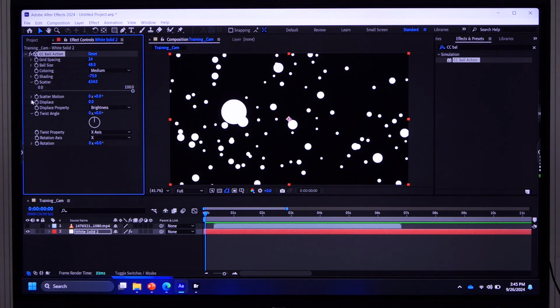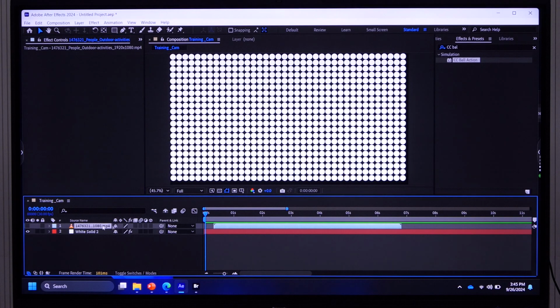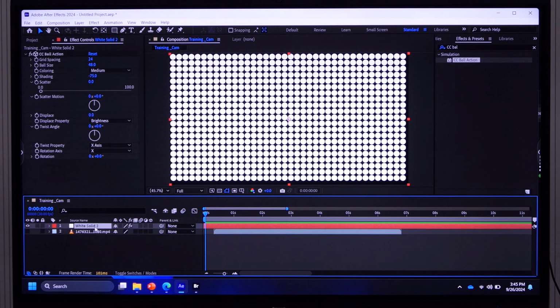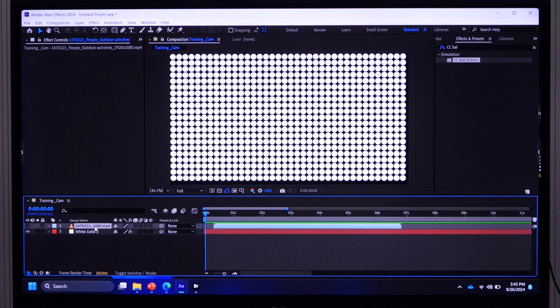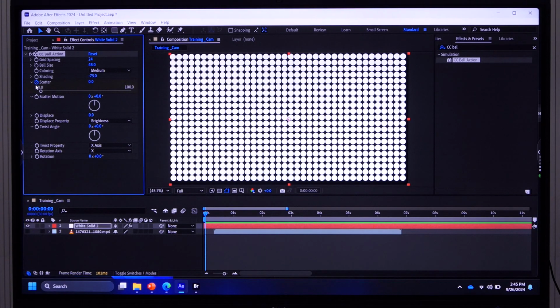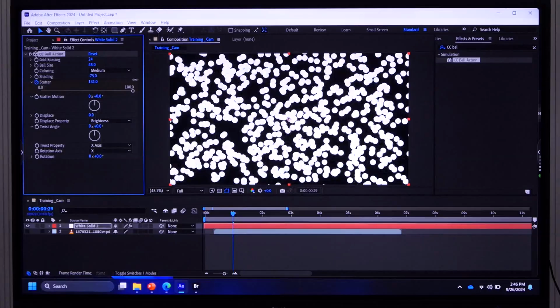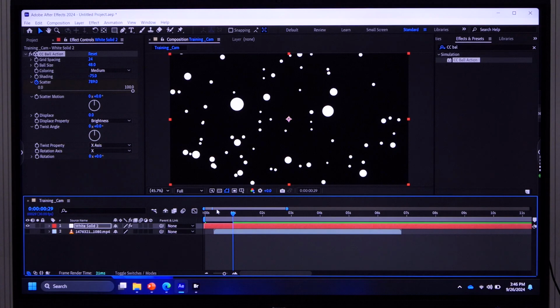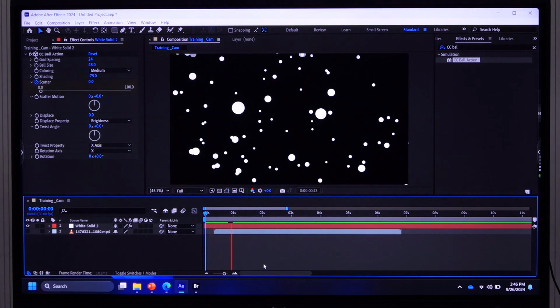And whenever you apply any effect, in each section you can apply the animation with the help of keyframes. Suppose I want it to be like this in the starting, I'll keep it at the bottom. Like drag and drop, you can arrange your layers. I want it to be like this in the starting. I'll turn on the keyframe over here at the scatter. After 1 second, it will be like this. So if I play, see,